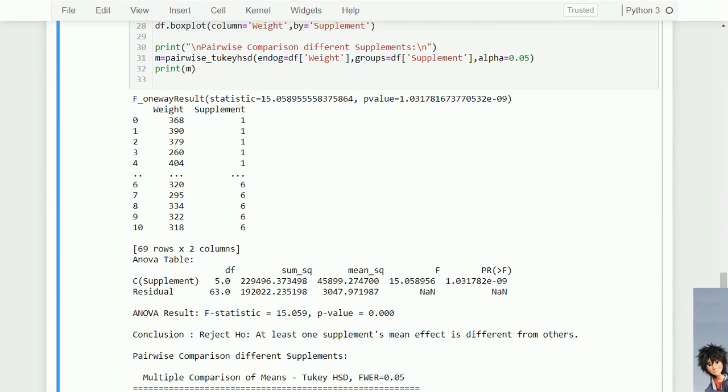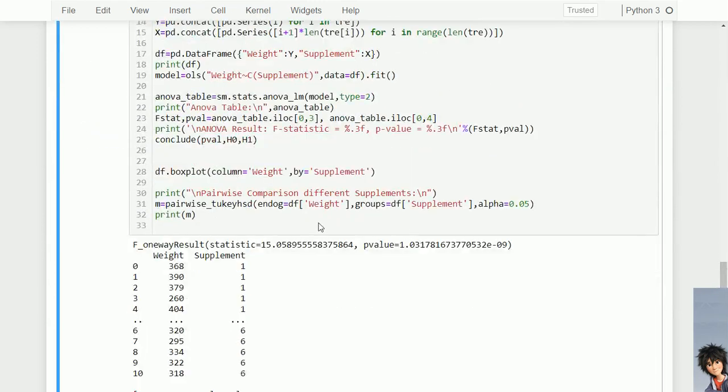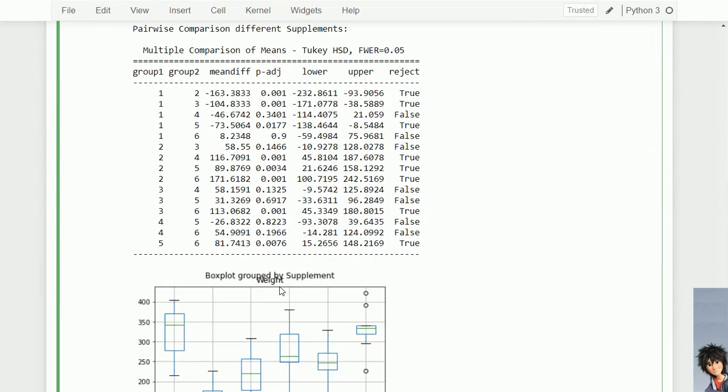So in this case, we have to do the pairwise comparison, and for that we need Tukey's HSD. Group by supplement, alpha 0.05, and then print it. Here are the results.